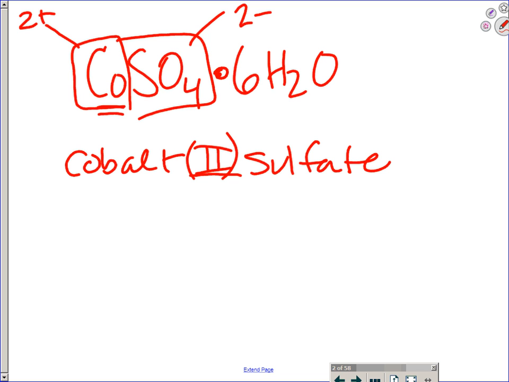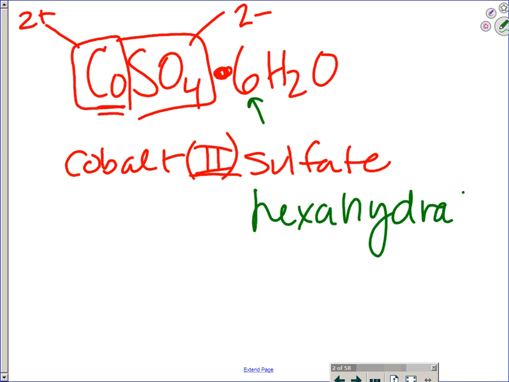Okay, so I think you could have gotten the first part very, very easily. The second part, this is not a multiplication symbol. This is a dot to indicate that this water is embedded in this crystalline structure, this lattice structure. So that is a dot, not a multiplication symbol. Okay, so what we do here is we want to say that this is a hydrated compound. So like if you were hydrated, what have you had a lot to drink of? Water. So this is a hydrated compound. So what we say is cobalt(II) sulfate. How do I say 6 in prefix language? Hexahydrate. Not hexawater. I saw a couple of you guys say hexawater because you just didn't know how to approach that. Now you do. Hexahydrate. I'm going to give you another example.